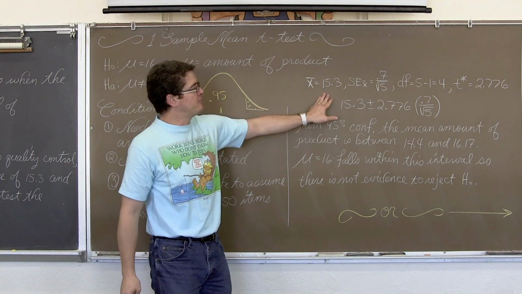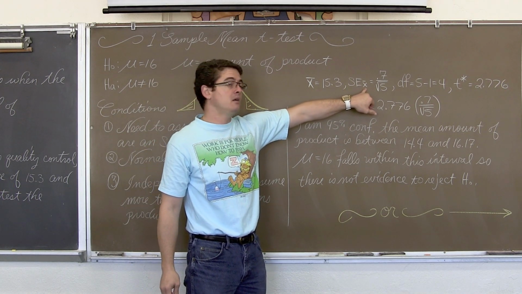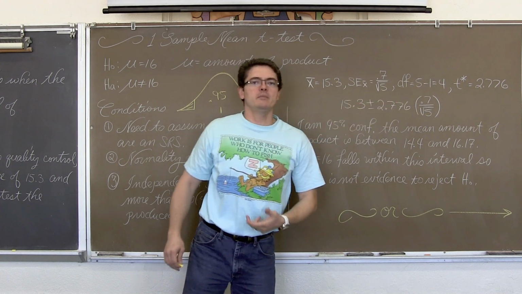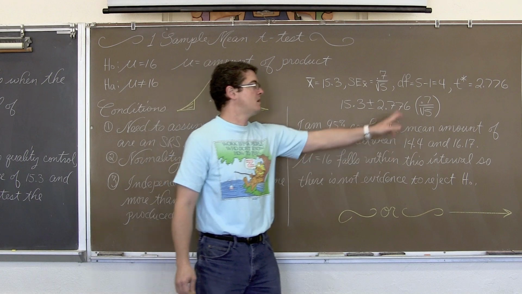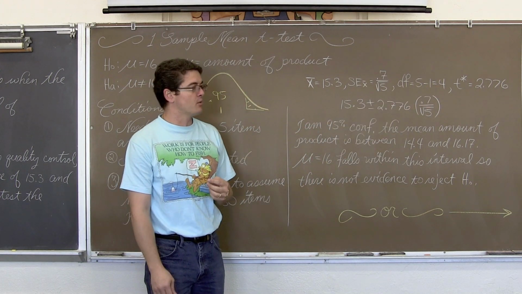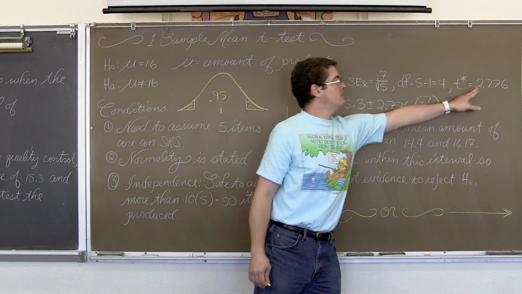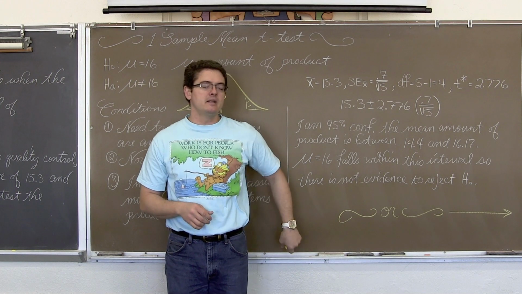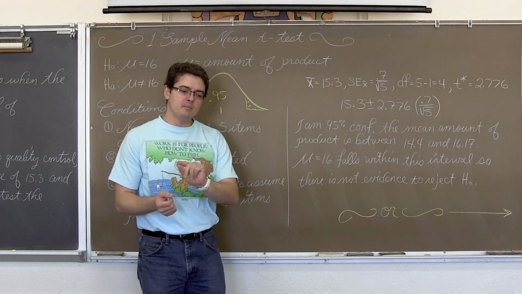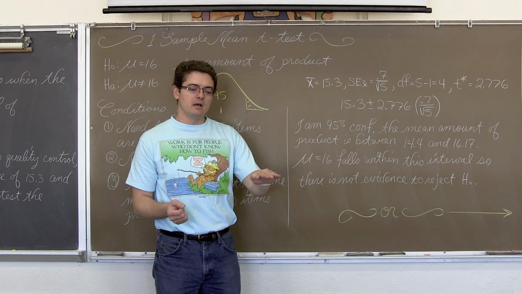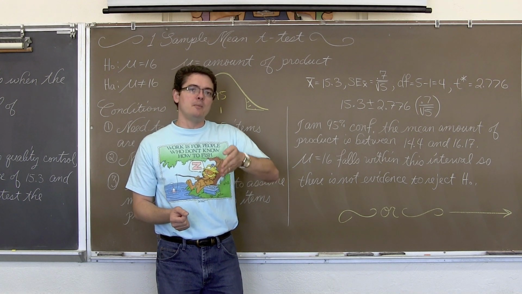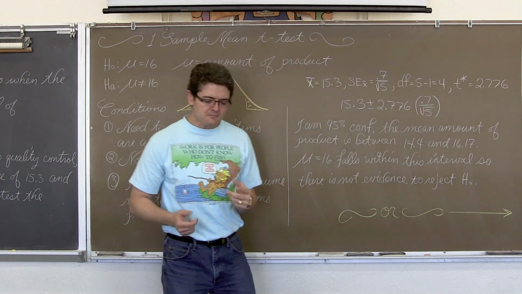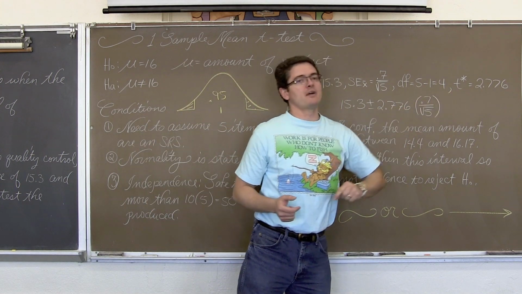We have a sample mean of 15.3. We have a standard error of the mean, which is 0.7, the sample standard deviation divided by the square root of 5. Our degrees of freedom in a t-test is n-1, so with a sample size of 5, we have a pretty small degree of freedom of only 4. And my t-star, my critical value, is 2.776. Now in a t-score chart, you're going to look at the bottom of that chart, find a confidence level of 95%, and then go up that chart until you get to a DF line equal to 4. And there is one. That's how I got this t-star value.